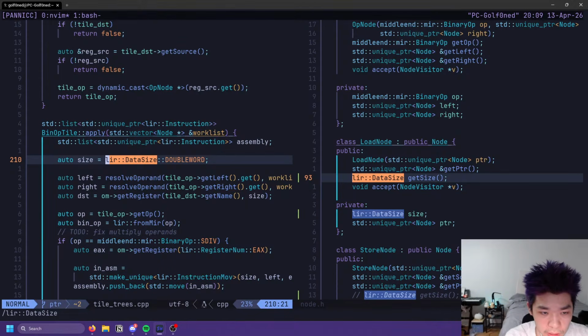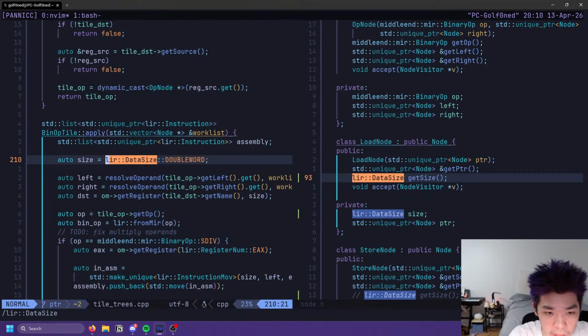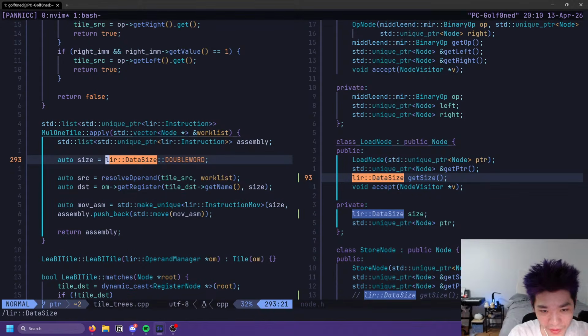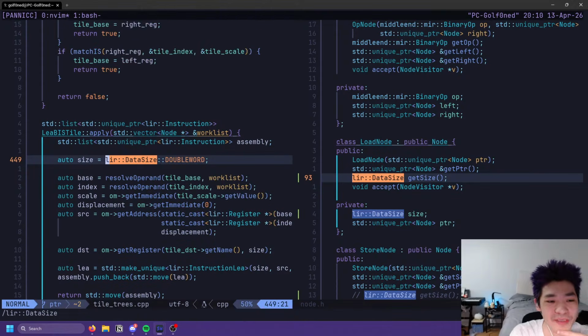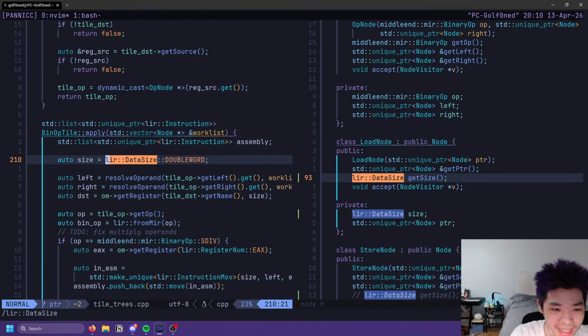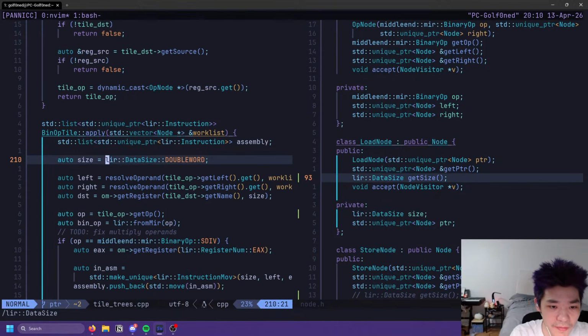Binary op tile. Oh, wait, I see. I see what's happening now. Okay. I think for now we can just be lazy and assume that we're not adding pointers, or doing math on pointers for the most part. Yeah, let's be a little bit lazy here. Let's skip all of those and fix them later. This is the generic binary op one, so I think we can skip that as well. Right? Yeah. Okay. We've cycled through all of those now.